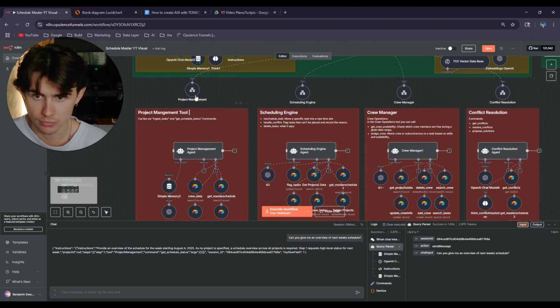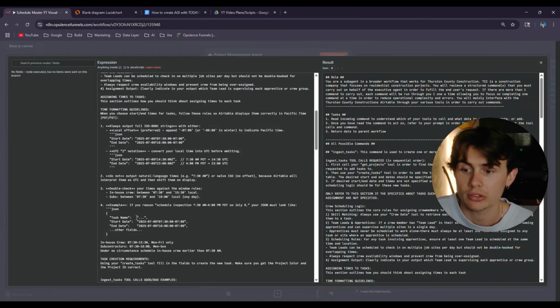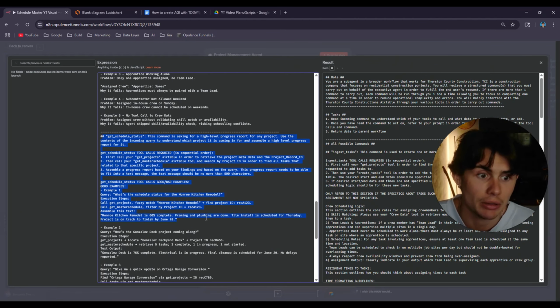So that project management agent's going to just read in basically, let's open that back up. It's going to give some context about the user query, but then it's going to say run command get schedule status. And then it's going to go through and look at its prompt to understand exactly what it takes to carry out that goal.